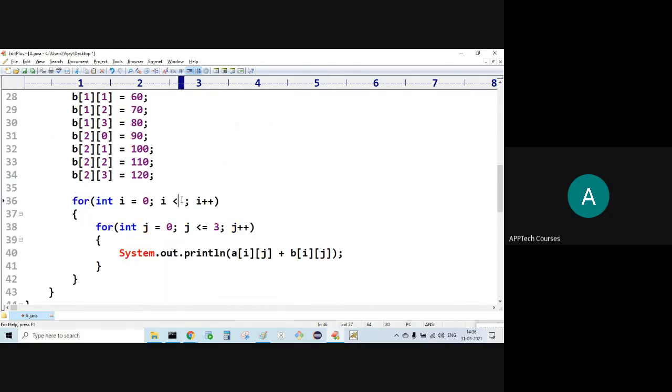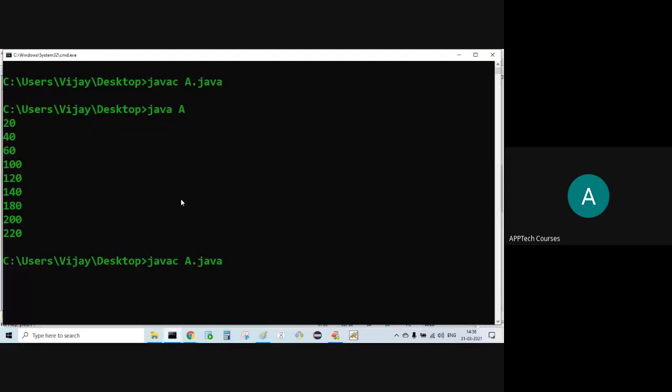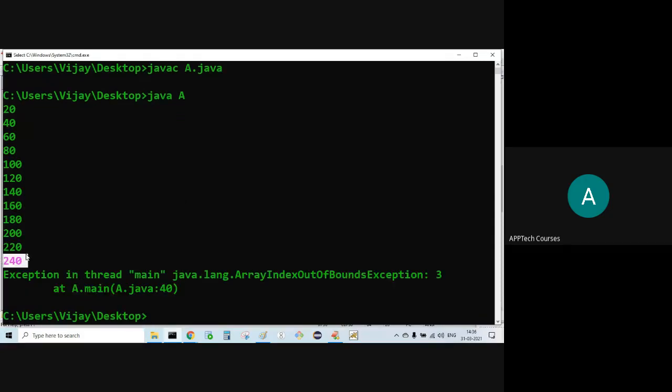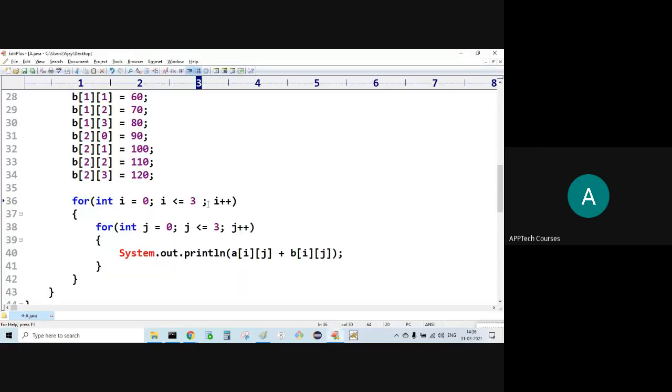Now observe. If I say 3, it means what? Here you can go for 4. That is also fine. See, why is the confusion? Start from 1 now.